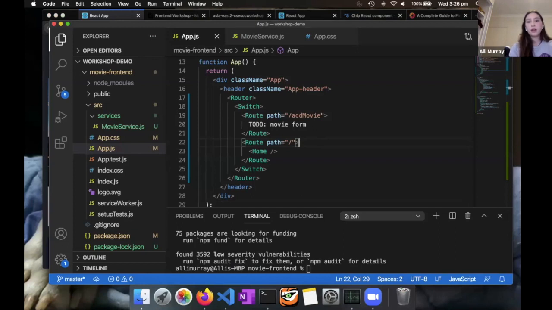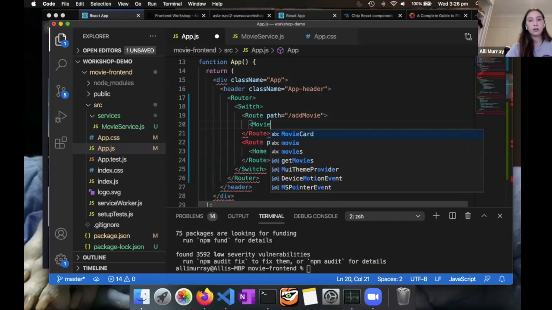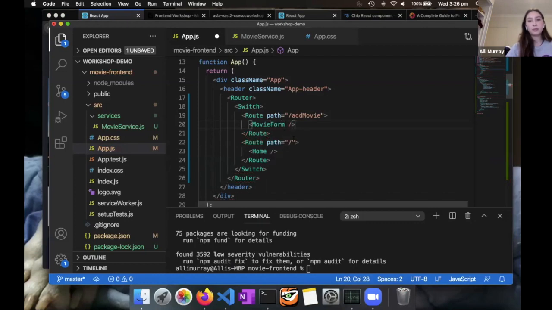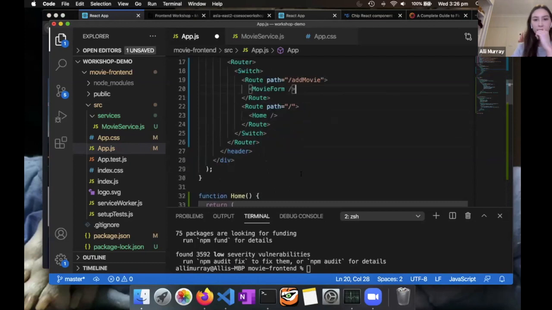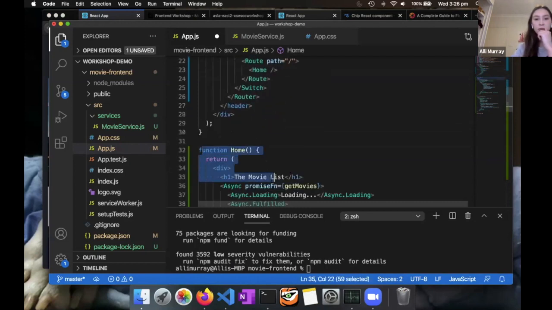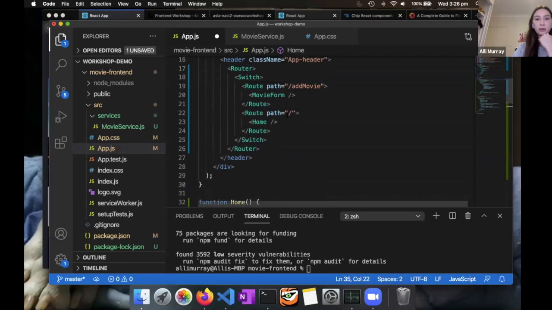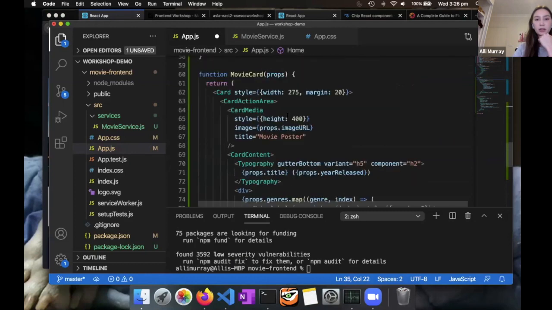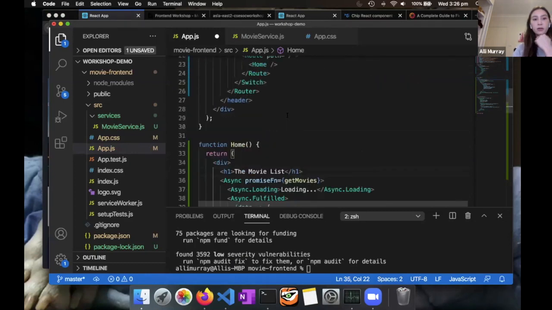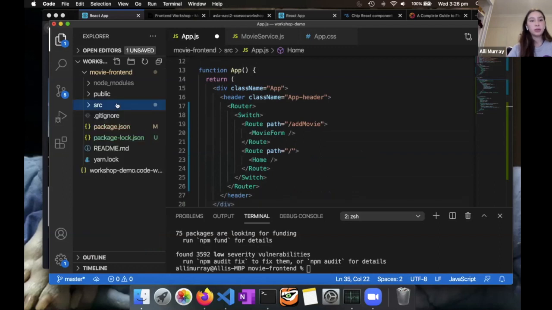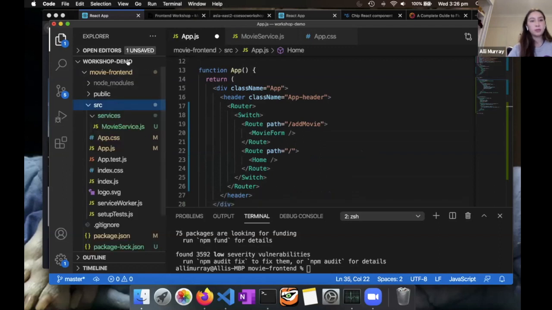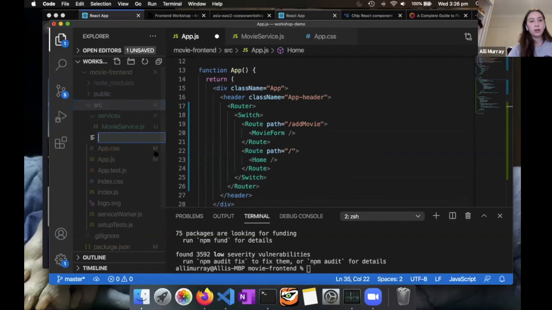So let's create another component for this one. This is going to be movie form. And I'm going to create another component, sort of like I did for the home. But I'll probably put it in another file because this app.js is getting a little bit long. So just in my sources folder, I'll add another file